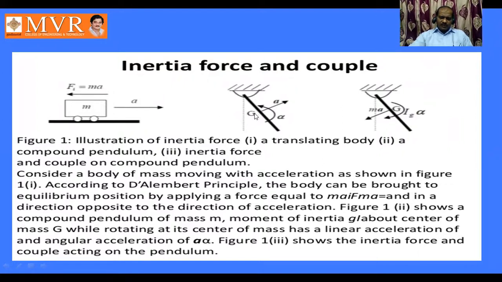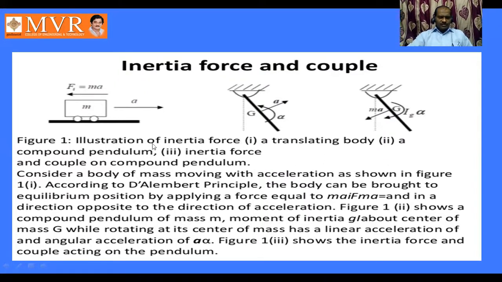If you observe this one, it is a simple pendulum. If you imagine, if you go to either side, the right side, and if you leave it, it will try to swing. If the force is here, one force is going to be resisting. That will be acting exactly opposite to this a, that is ma. And this direction is going to be always changed based upon the alpha value. That's what they have represented here. It also depends upon the mass, how much we have tied to this rope. So inertia force and couple, these are the two examples.